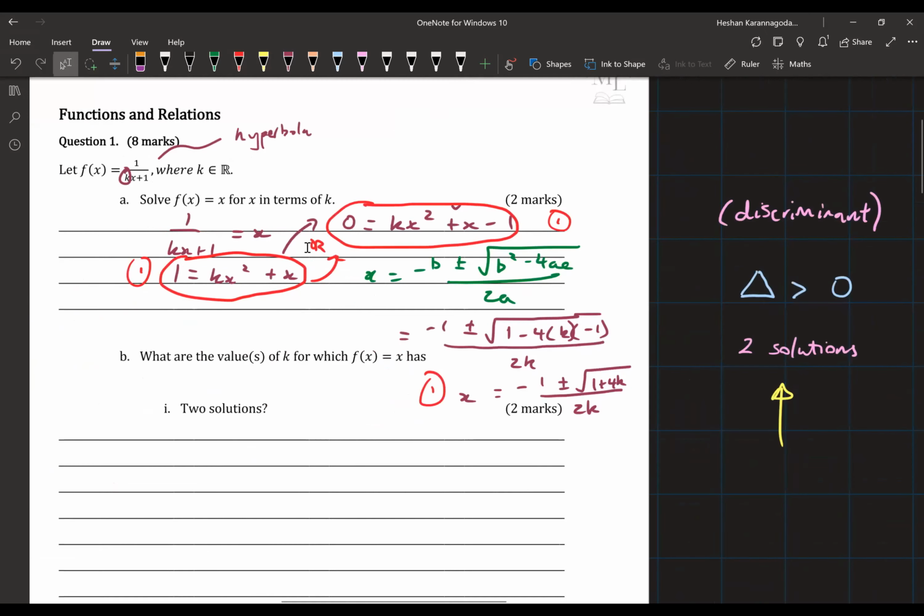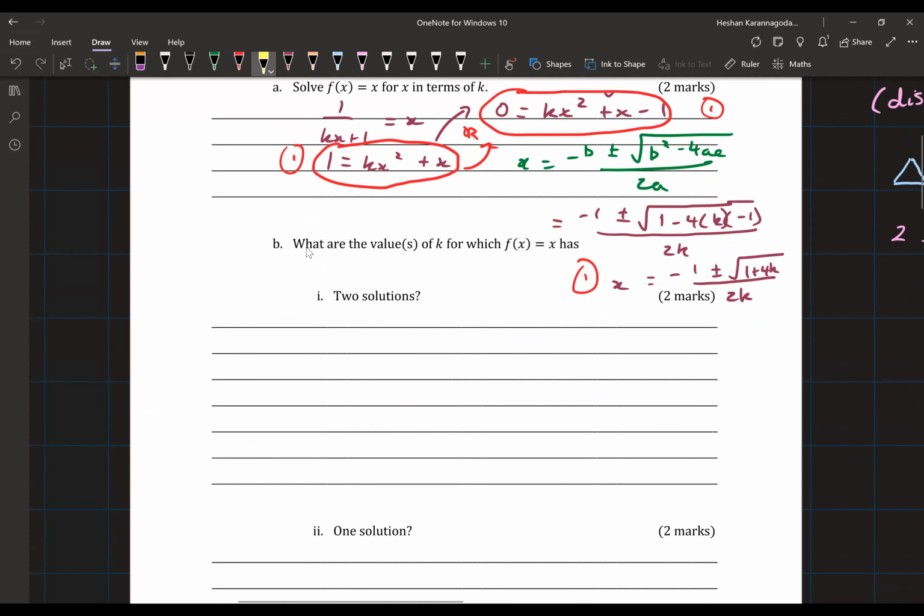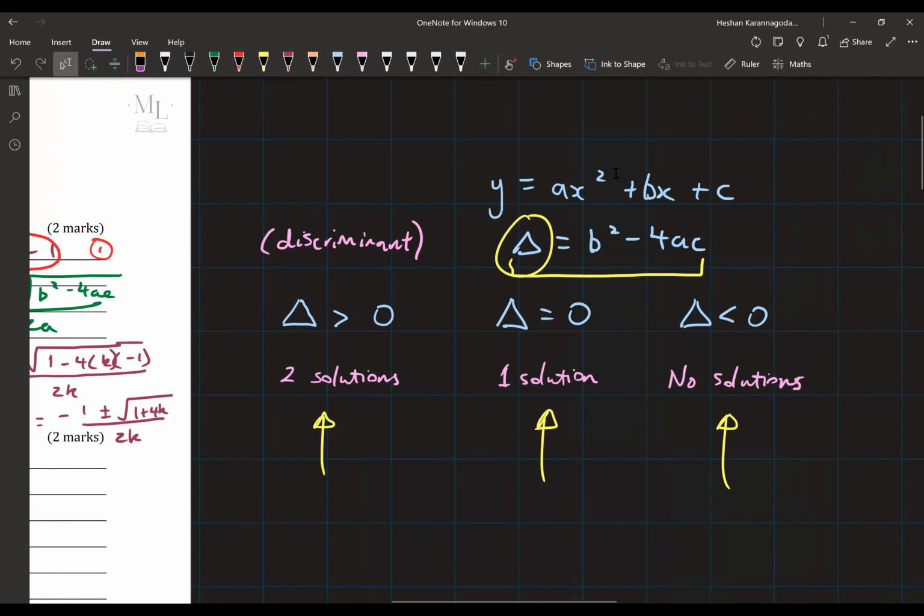So in this case, if we want to find the values of k for which we're given two solutions, then we'll find the discriminant for our quadratic equation, and then we'll set it greater than 0 for two solutions. So that's one way, which is perfectly fine, of doing this question. But there's actually a bit of a shortcut, and this is the way that I like to do these questions. In some cases, we're actually not given a quadratic equation. There might be a question where we're given a cubic or some sort of trigonometric equation, where we can't apply the discriminant, because as you saw before, the discriminant only works for a quadratic equation.